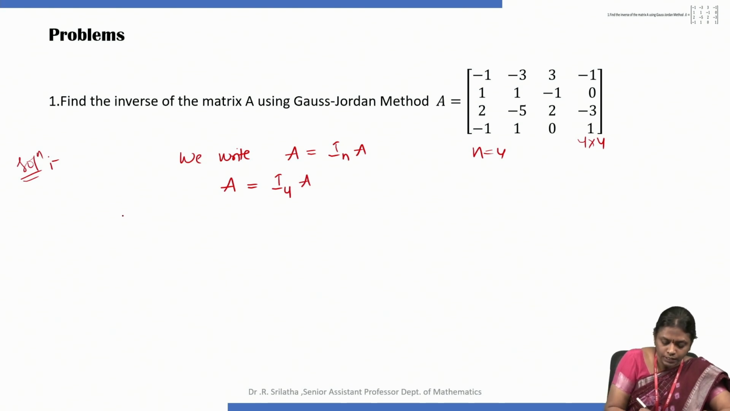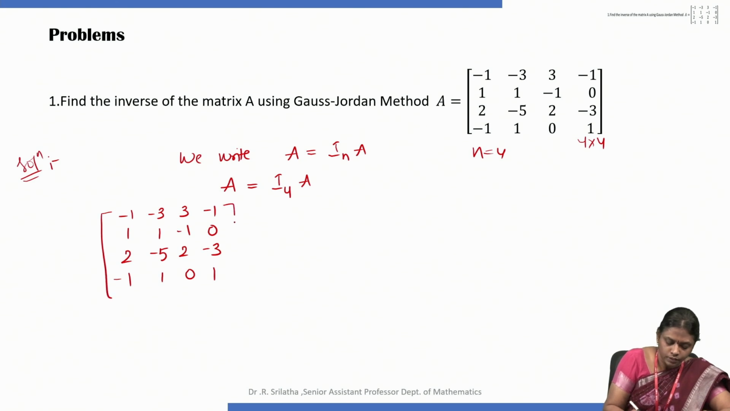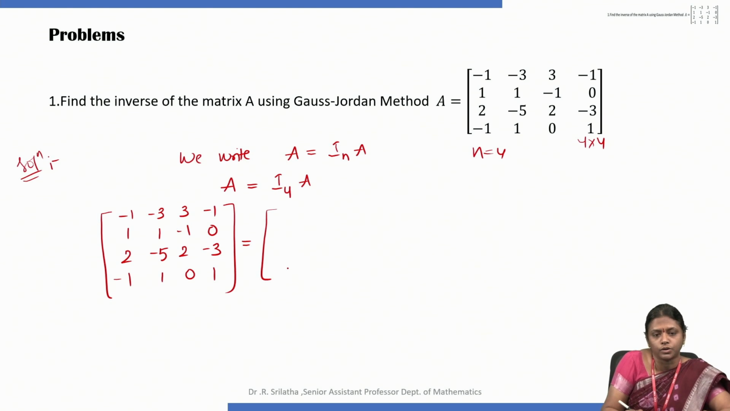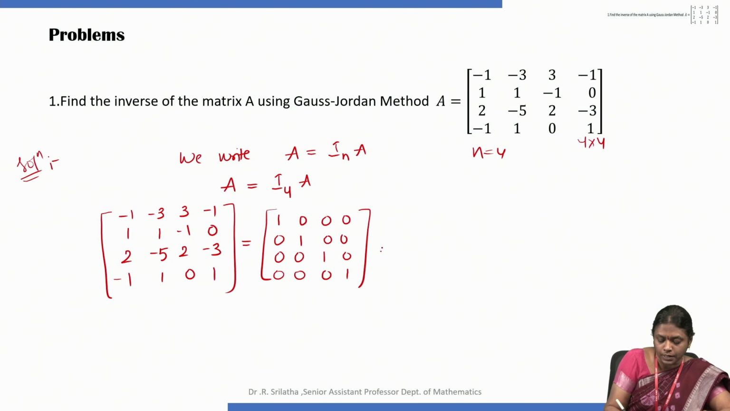So here what is capital A? I will be writing the given matrix: minus 1, minus 3, 3, minus 1, 1, 1, minus 1, 0, 2, minus 5, 2, minus 3, and minus 1, 1, 0, 1. So this is the given matrix of order 4 by 4, which is equal to, now here we will be writing our identity matrix of order 4 by 4. What is identity matrix of order 4 by 4? 1 0 0 0, 0 1 0 0, 0 0 1 0 and 0 0 0 1, multiplied with